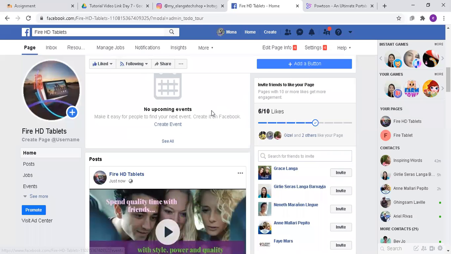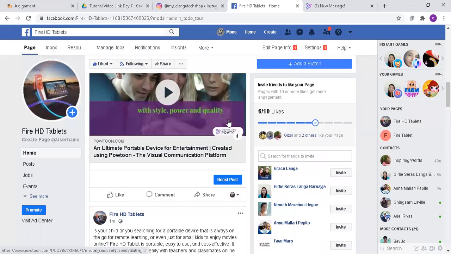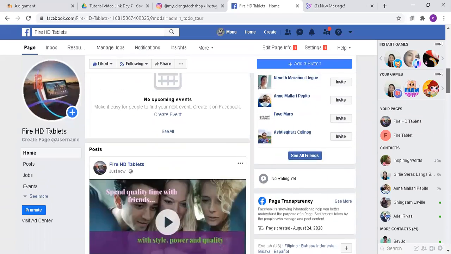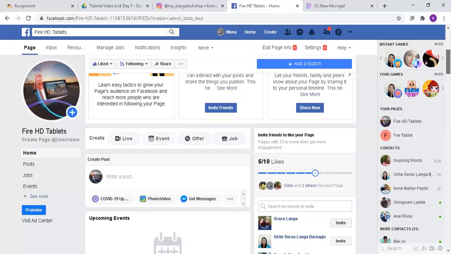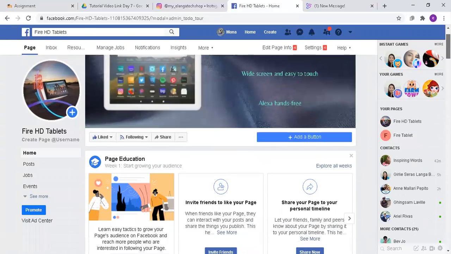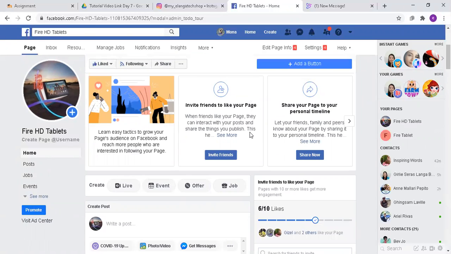So now that I have finished posting the three types of ads, just as I have mentioned earlier, you have to target specific audiences. So in order to do that, you have to run ads, and that way you can be more specific with your audiences.